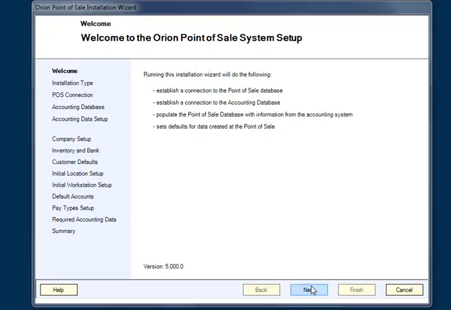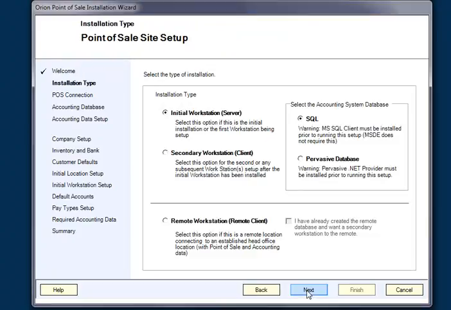and this is what comes up. Because we haven't already established a database, it automatically launches the setup wizard in Orion. So I'm going to go ahead, and because I know this is a remote location workstation and it's a new